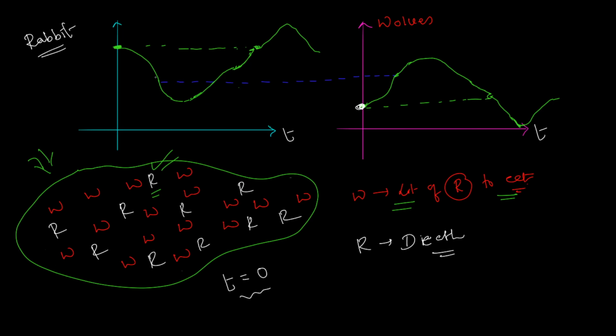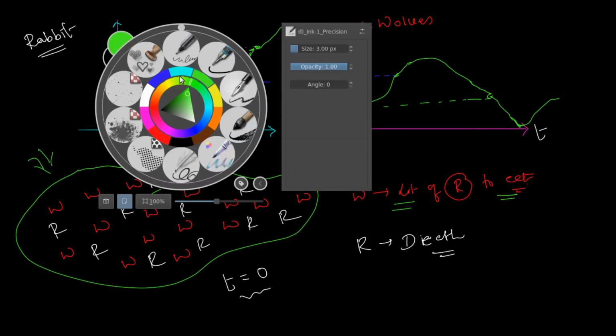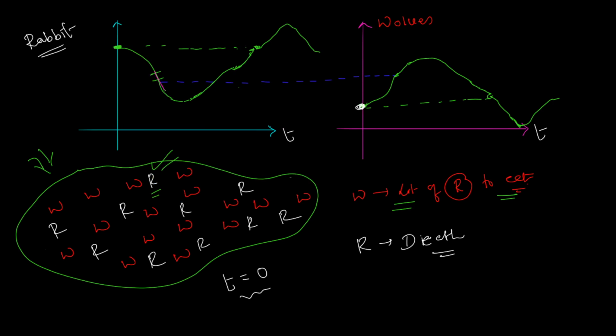For example, this right here, if you were to find, now I'll go back to my slope case, if you were to find the slope at this point, you will see a negative slope, right? This is a negative slope. That slope is negative for rabbits, at least at that point, and at the same point the wolves were flourishing, so a positive slope. So you know for sure that the wolves population is increasing and the rabbits population is dropping.